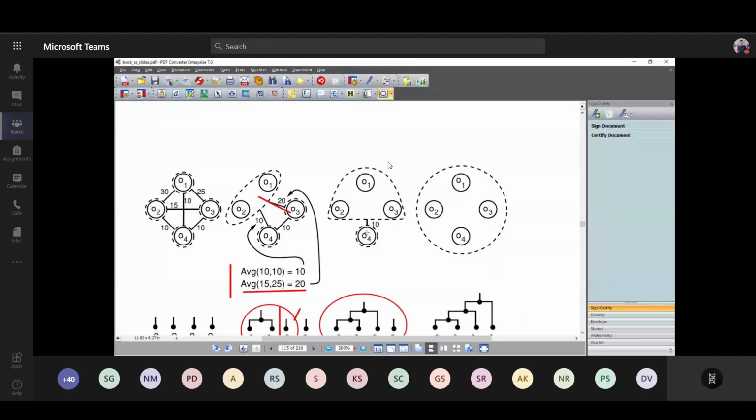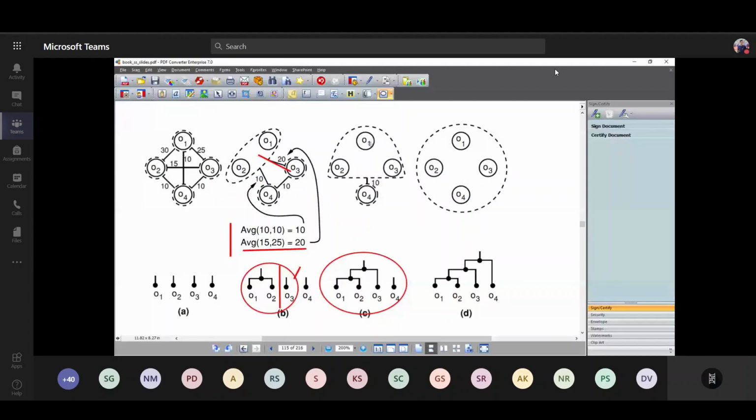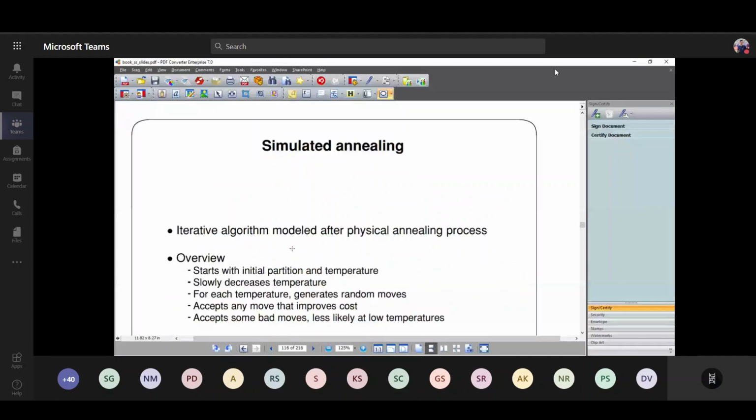that the cost of the cut between these two different types of partitions should be minimal. So it is in the case that the cost of this with the single edge is 10, and we have combined together these three different types of components, and the hierarchy of this combination is something like this which we achieve. But it is not necessary that we may get a similar type of solution. So another example is simulated annealing.